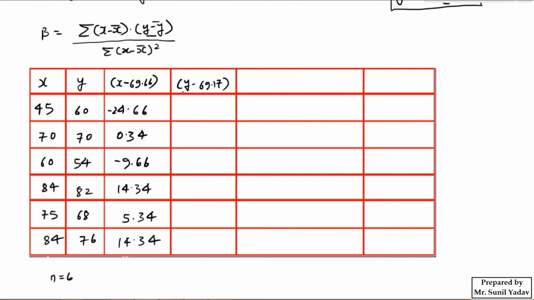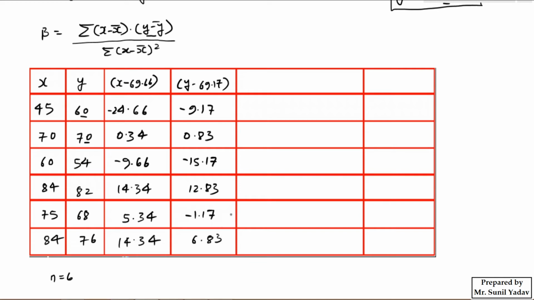From every value of y we have to subtract 69.17, and whatever result comes, we're going to write over here. The first value will be minus 9.17, and the second value is 0.83, and the next value will be minus 15.17, and here we get 12.83, and here we'll get minus 1.17. Every value you can calculate from a calculator,